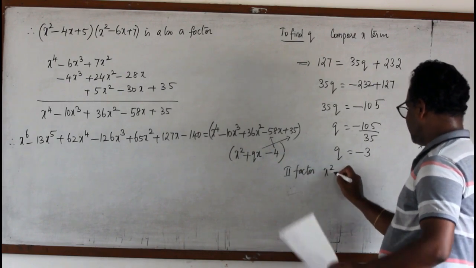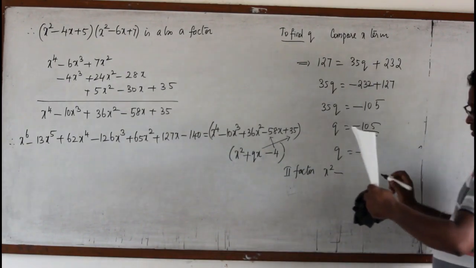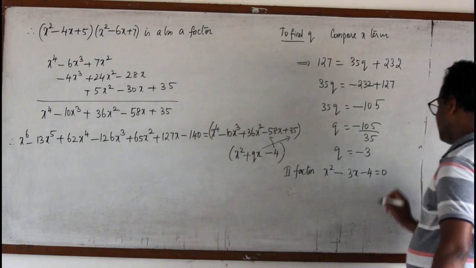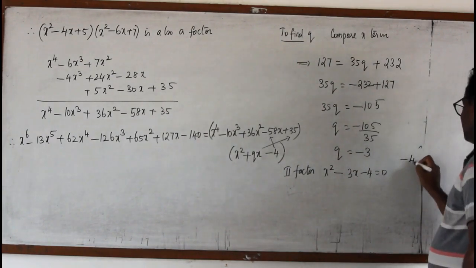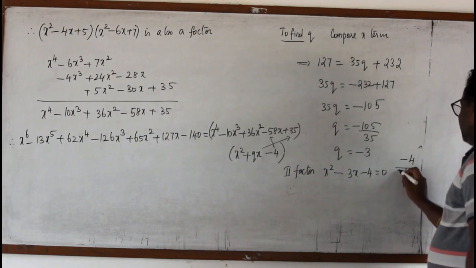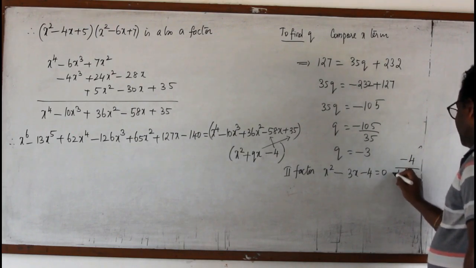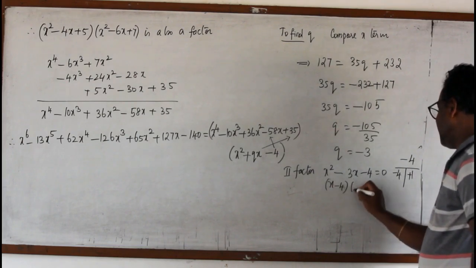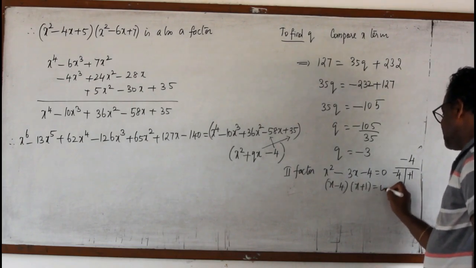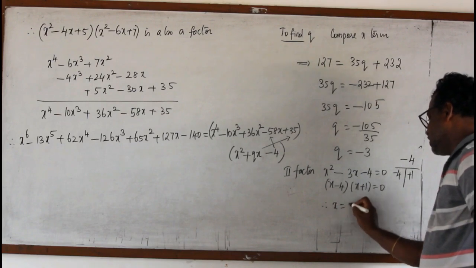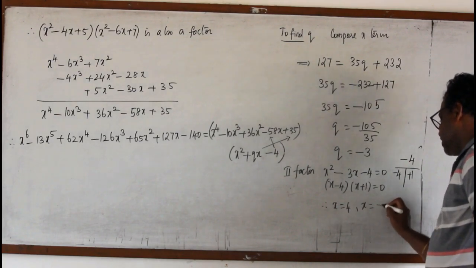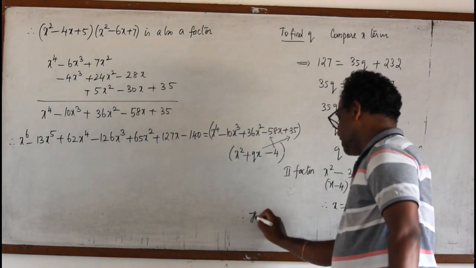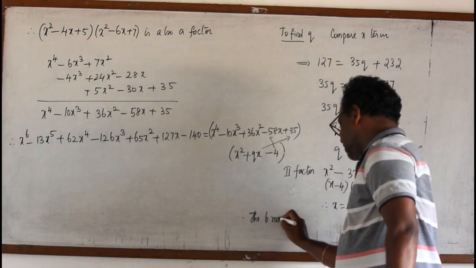Therefore, the second factor is x square minus 3x minus 4 equal to 0. When we factorize minus 4, we have 4 ones are minus 4 plus 1. So it is (x minus 4)(x plus 1) equal to 0. Therefore, x equal to 4, comma, x equal to minus 1. Therefore, we got all the 6 roots. So the 6 roots are